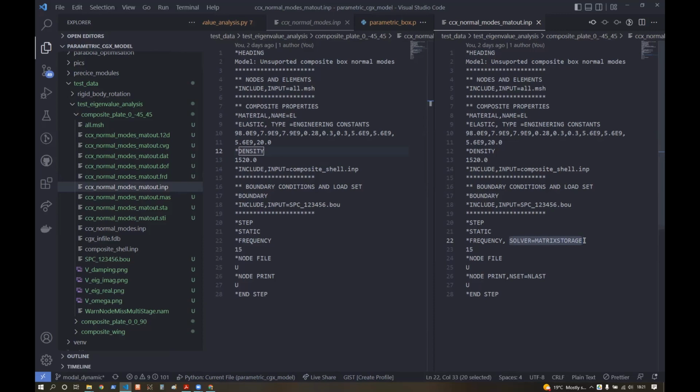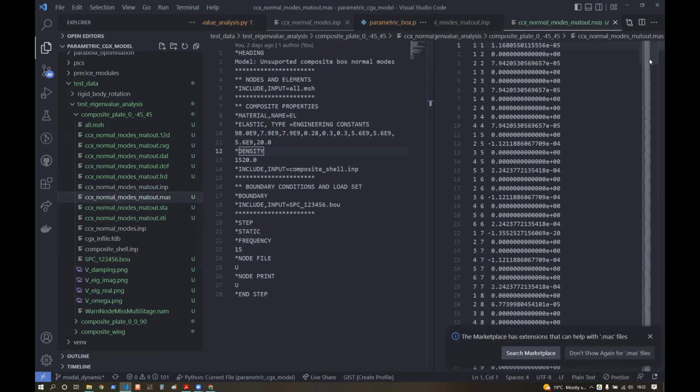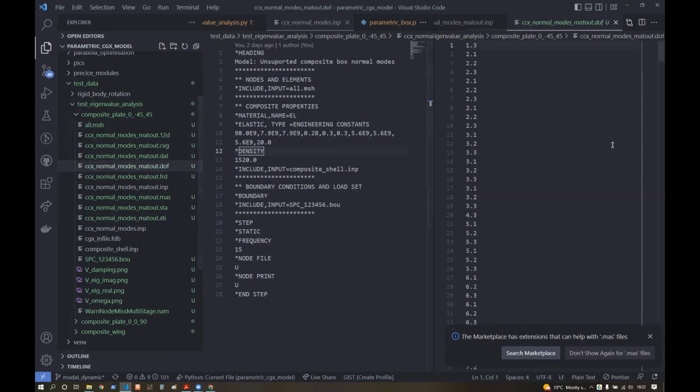And these matrices are then stored to what's called the .mass file and the .sti file for the stiffness and mass matrices respectively. And then we've also got this .dov file, which the syntax of this is explained in the Calculix manual. But